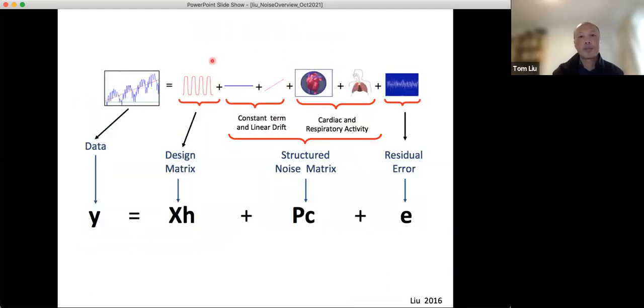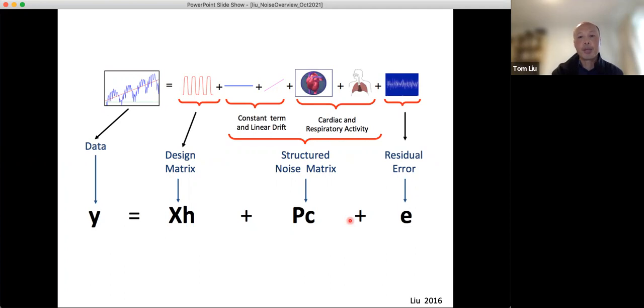Typically, the way most analysis programs deal with noise is within the framework of the general linear model, which is pretty much how most fMRI is analyzed. So, for example, if you have a task-related fMRI signal, a paradigm, here a block design, you would model your paradigm with your typical design matrix, either in FSL or AFNI or whatever software you use. And then you will model all the noise terms as regressors in some structured noise matrix. And then you would typically just fit this